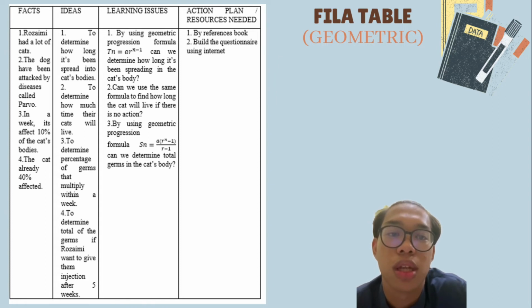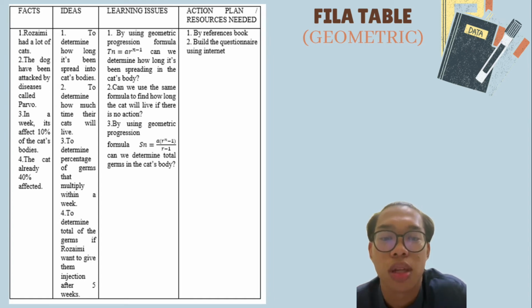The cat will die if it reaches 80%. The doctor informed him that the cat is already 40% affected. The cat can be saved if he allows the cat to have injections. So the questions are: first, the percentage of germs that multiply within a week. The second is how long it has been spreading in the cat's body. The third is how long the cat will live if there is no action to protect it, such as an injection. And the fourth is, if Razaimi wants to wait until 5 weeks, can we know the total